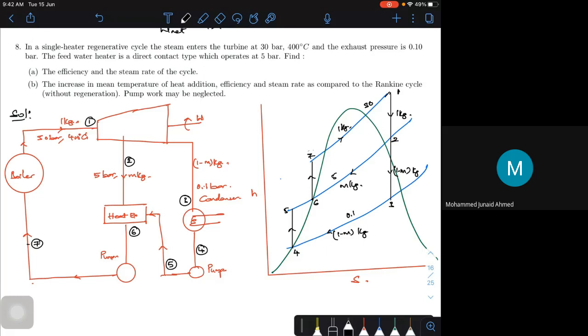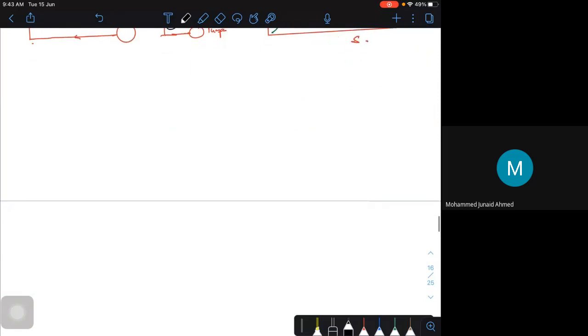So this is your simple enthalpy and entropy diagram, or your Mollier diagram if you try to do it actually. Okay, now let's try to look at the values. At 30 bar, the 400 degrees Celsius looks like a superheated condition, because the saturation temperature at your point 2 is much less than 400 degrees Celsius. So the condition of the steam at point 2 is superheated. So we will go to superheated conditions.